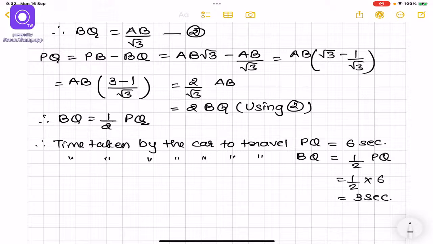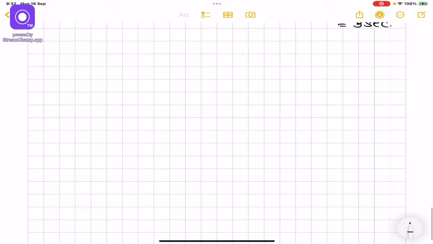Clear? Now any doubt in this? Any doubt? Now moving ahead, see to the next sum, the next doubt sum, that was,